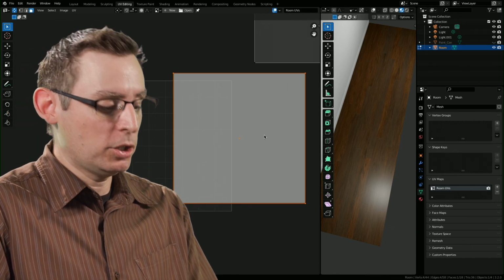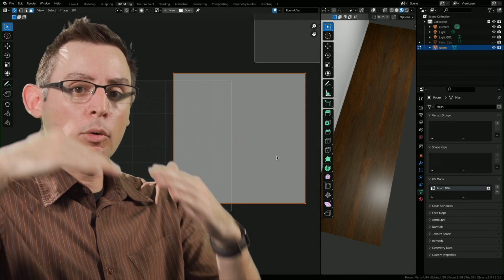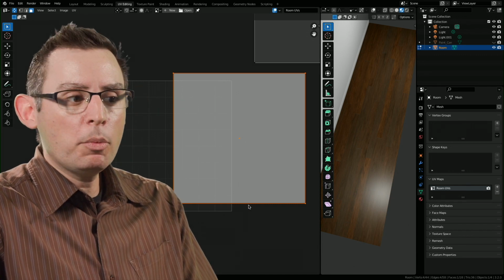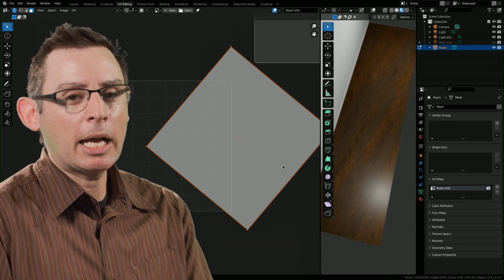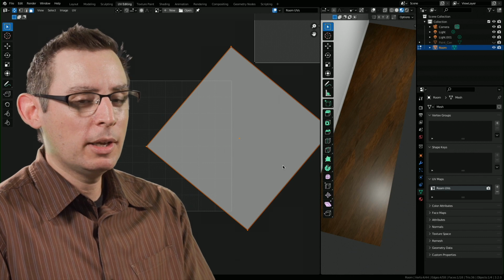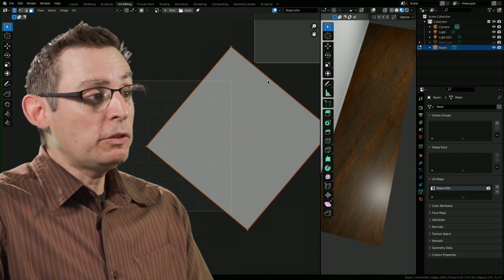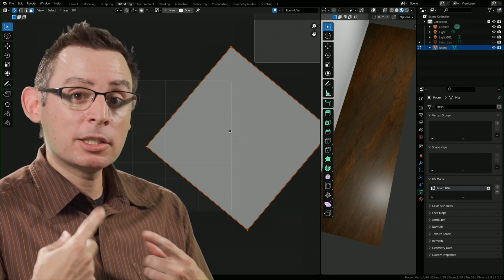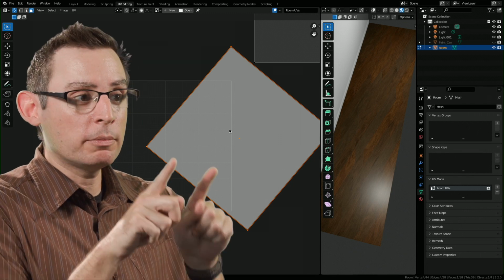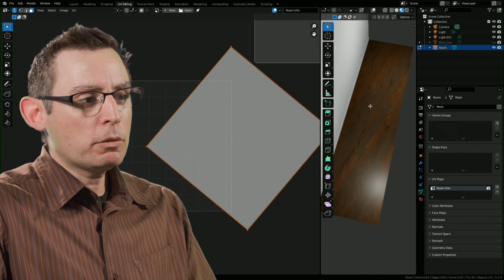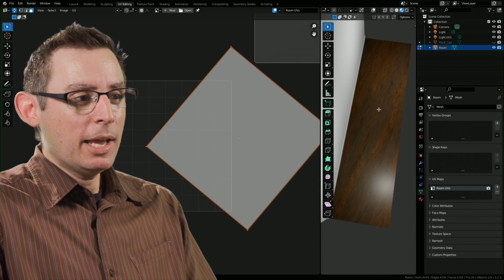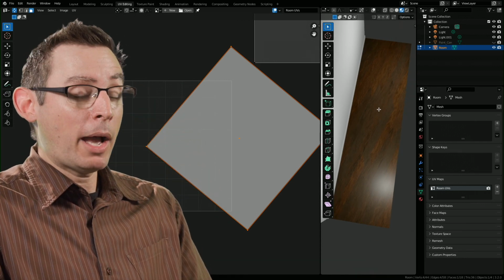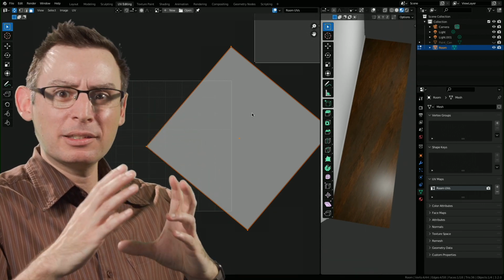However, not so much, because the moment we start, maybe we want our floorboards at an angle to the wall. The moment we start rotating it, yeah, you can see that we have some issues. That's because the UV island does not match the size, scale, and proportion of its 3D counterpart. If you look real carefully, in this polygon, it's a long, skinny rectangle. However, its UV is a square.